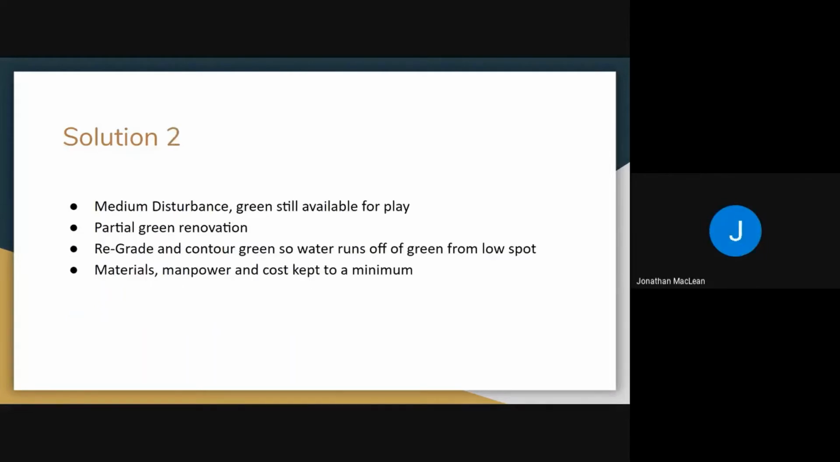Thanks, Jordan. So solution number 2 is a medium disturbance, and it's a partial green renovation. I have a little quote here from Gilholy and Foy from the USGA. With frequent top dressing programs being performed on putting greens, a problem courses across the country encounter on an increased basis is the development of collar ridges or sand dams that restrict surface drainage. This solution will mainly be focusing on providing the green with proper grade and contours to eliminate the low spots where water collects. This project will minimize the disturbance of the green to the smallest portion possible,